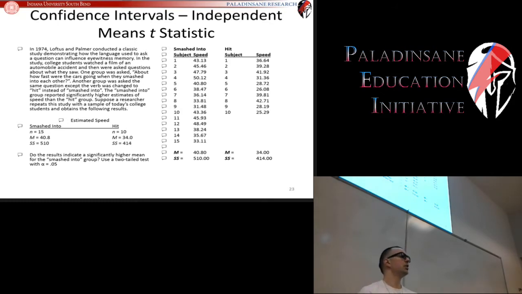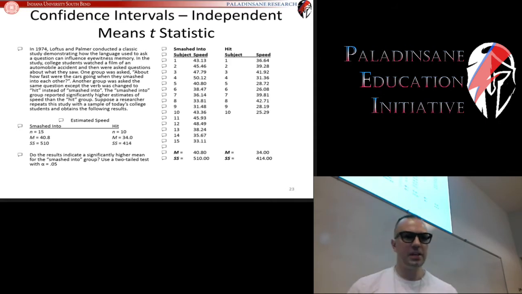thing that you need to do is figure out what t-test you need in order to calculate this confidence interval. And the t-test is based on the experimental design. So the same way that we chose what t-test to do before, we choose what t-test to use now in the same way. So for example, here in this confidence interval for the independent mean statistic, we would read the